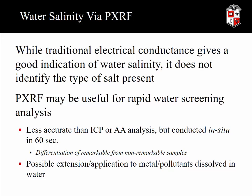Now, we've talked about the fact that the type of salt present cannot be identified by traditional electrical conductance, so that's why we decided to go with the X-ray fluorescence. Again, a little bit less accurate than ICP or atomic absorption, but you can do it in situ. And one thing that I pointed out in other venues is XRF gives you the ability to differentiate remarkable from non-remarkable samples. So the way that I would explain that to you is if we put a water sample or a soil sample in every chair in this room,